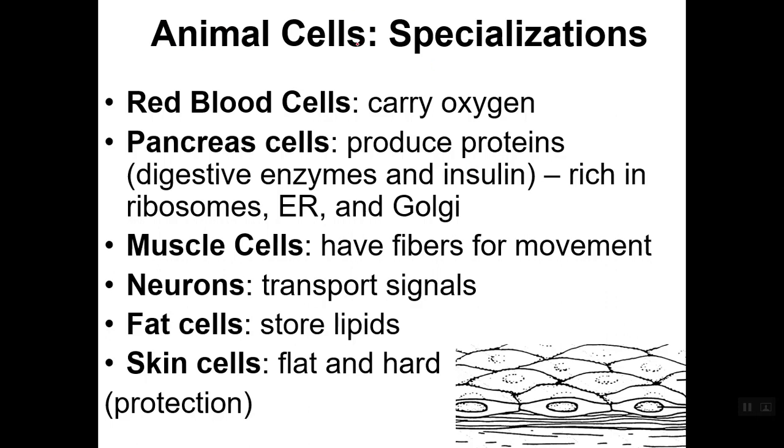All right, so one example in animal cells. Animals are multicellular, so they will have specialized cells, including you, because you're an animal. You have red blood cells that specialize in just carrying oxygen. You have pancreatic cells that specialize in producing certain enzymes and hormones like insulin. These are typically higher in ribosomes, ER, and Golgi for that reason. Muscle cells are very specialized to be long and fibrous. They even have multiple nuclei, believe it or not, because they can be so long.